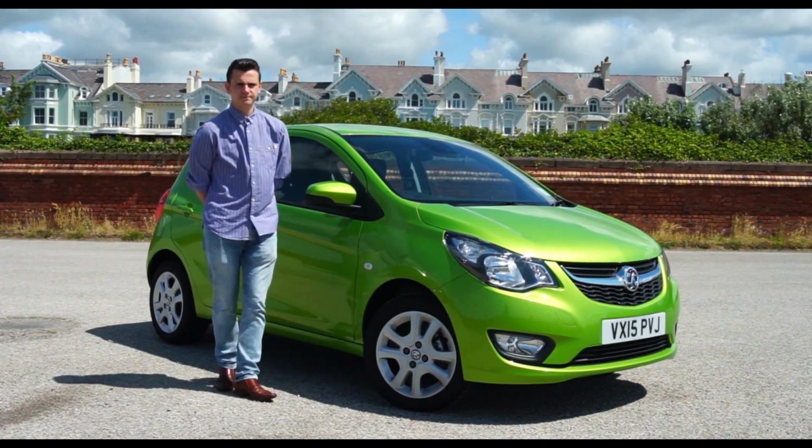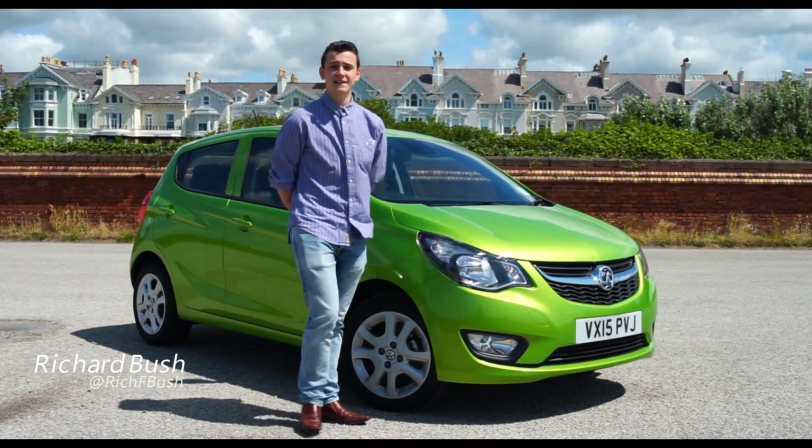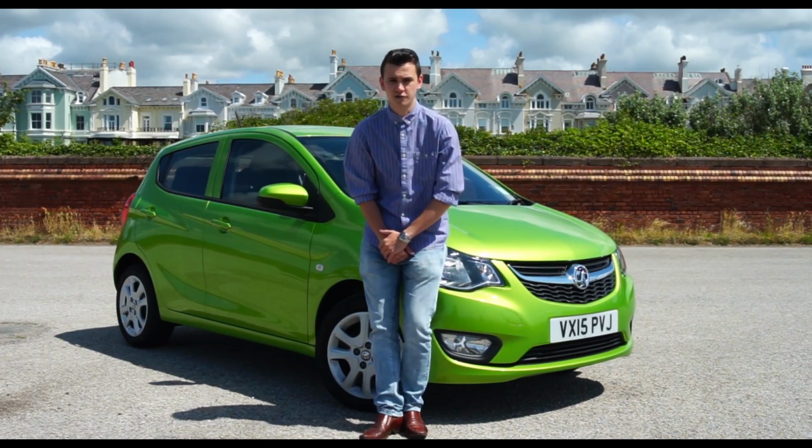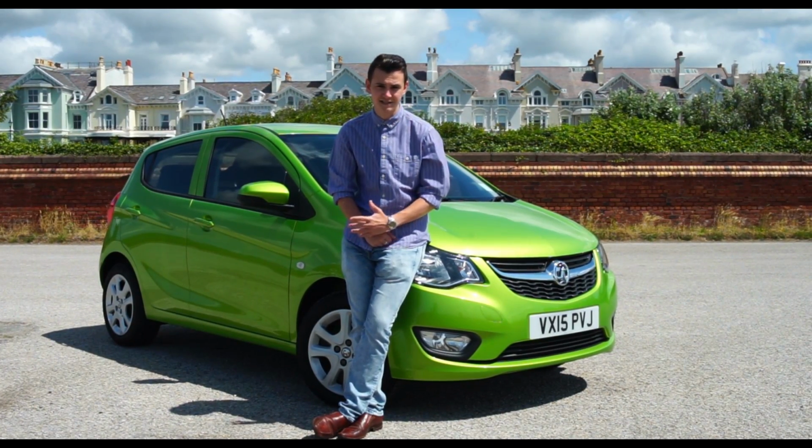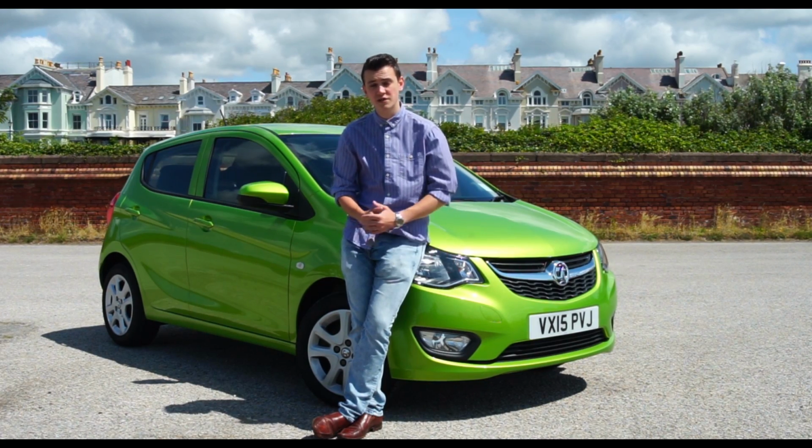Just like the old Viva, but completely different. That's the idea that Vauxhall is instilling in the mind of potential buyers. But what does that mean exactly? Well, just like the original Viva of the 60s and 70s, Vauxhall claims that this reboot is all about quality